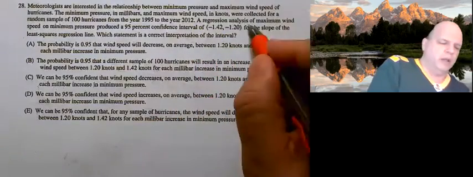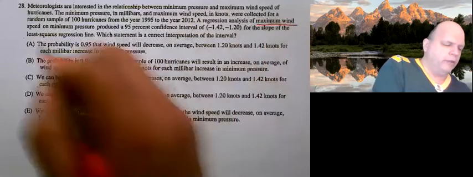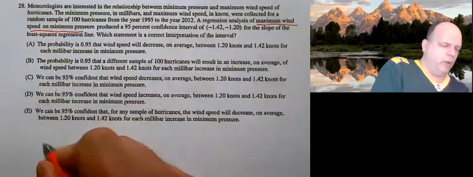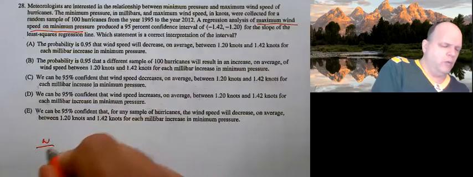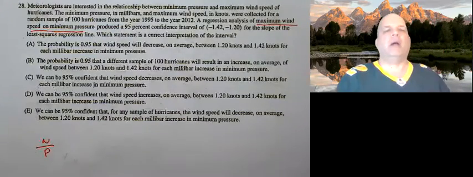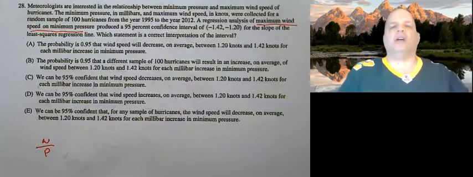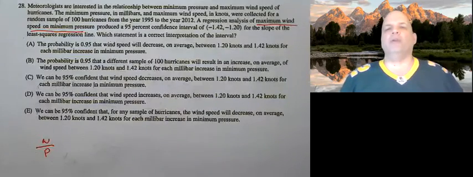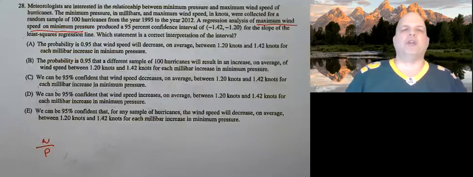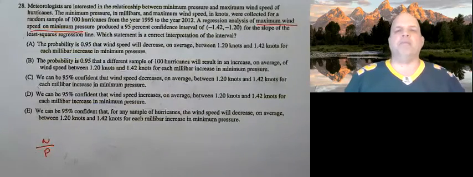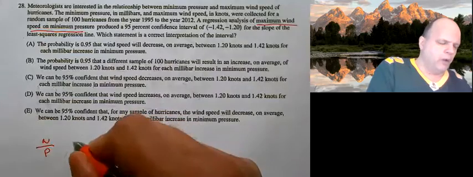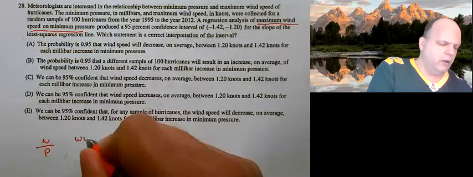And by the way, this is a weird way of expressing this. So we have wind over pressure, all right? Produce a 95% confidence interval of negative 1.42 to negative 1.2 for the slope of the regression line. Which statement is a correct interpretation? So wind